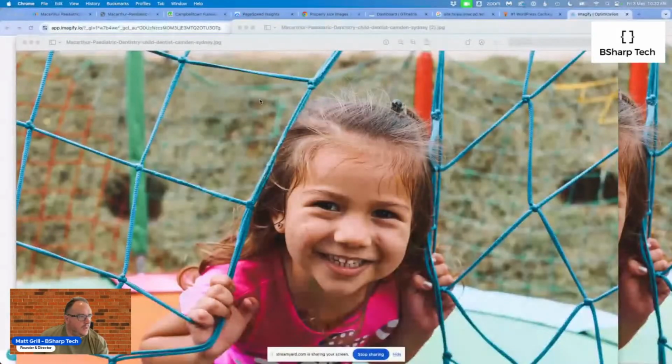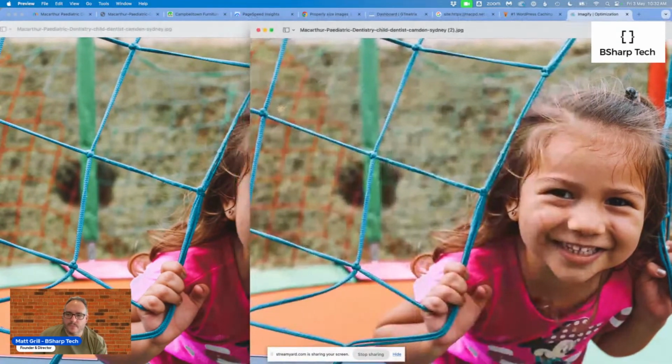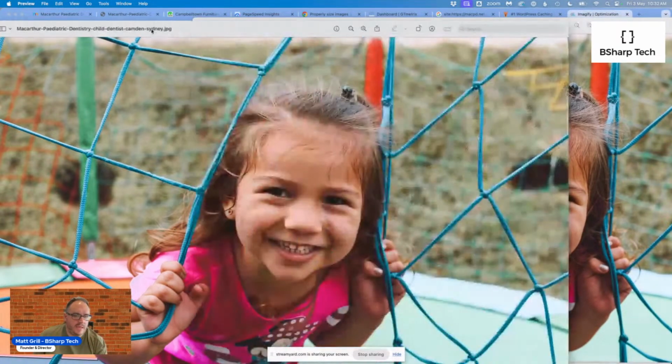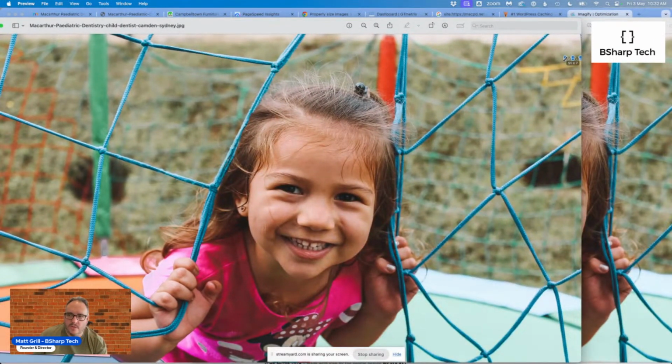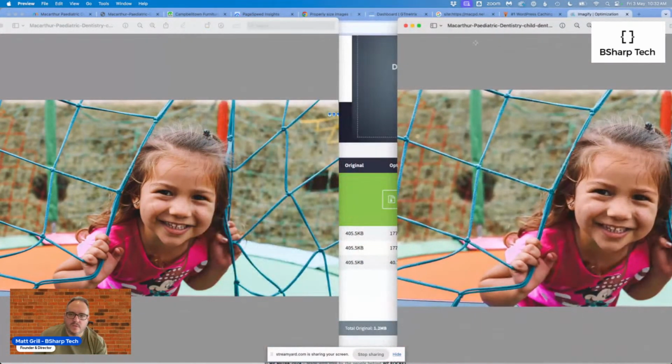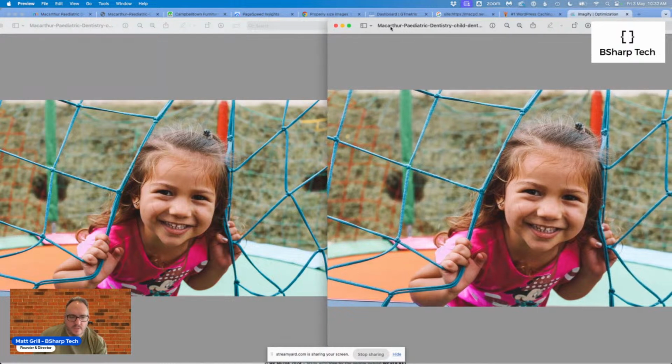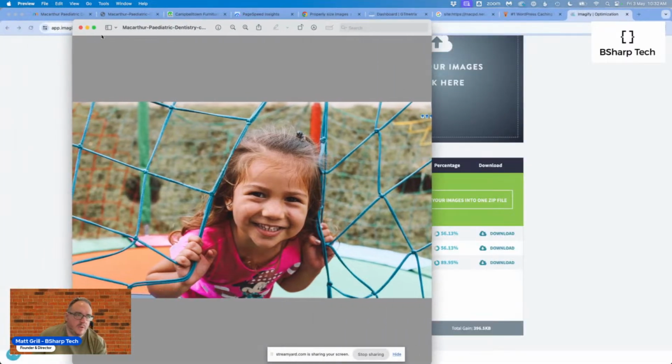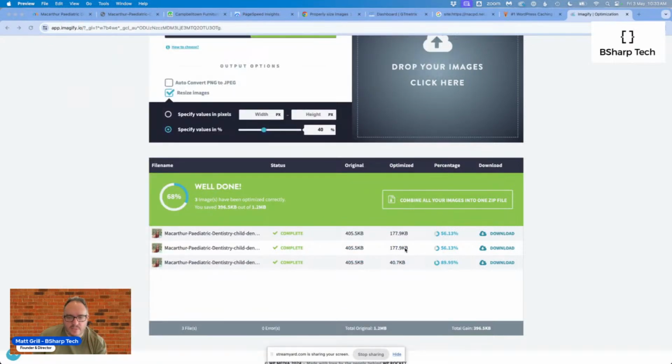Share the entire screen. All right, so, sorry, you can see there's pretty much no difference between the optimized version, that's the original, and this is the optimized version. It's pretty much no difference in the quality of the pictures. Okay, it might be a bit hard to see on the live stream, but trust me, there's not much difference. So you can get quite a lot of performance improvements just by looking at your images. Okay, so in this case, they would get a 56 percent improvement in the image size, which in turn